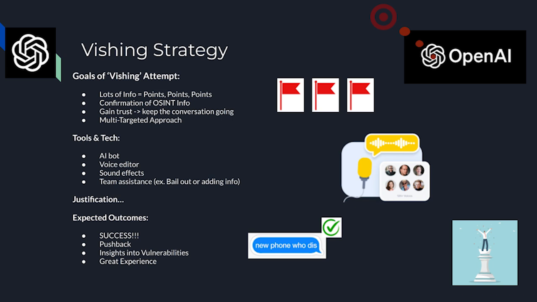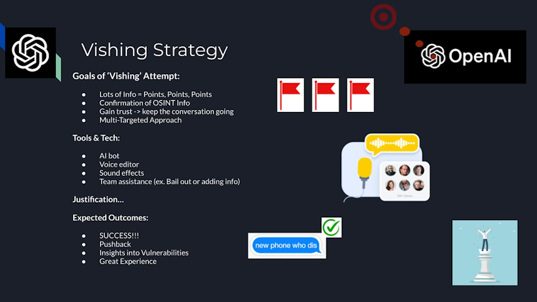We also want to confirm our OSINT. This is the information we've already gathered through open source channels like names, security protocols, and much more that Daniel discusses in the next slide. Additionally, another major goal is to gain the target's trust. So building rapport will be a critical part of our strategy, and we can do so by keeping the conversation going to get some useful insights. Finally, we'll use a multi-targeted approach. We're not relying on just one person. We plan to engage employees from different departments like HR, tech support, and those involved in the recent real estate